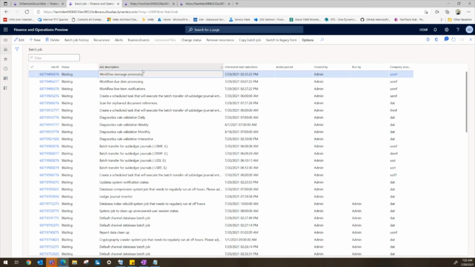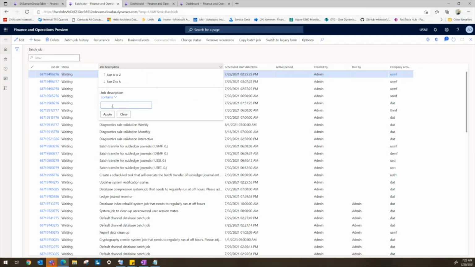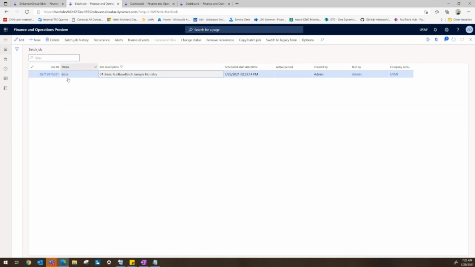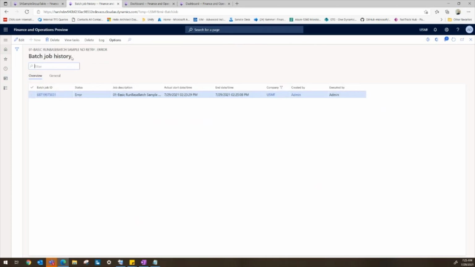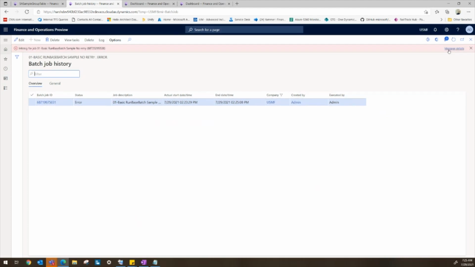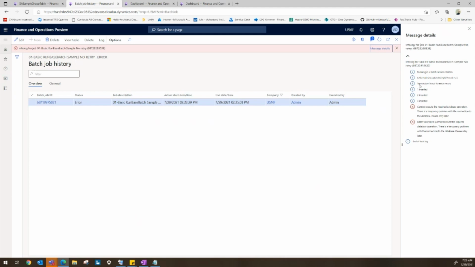So if I go and again filter my batch job, you notice that this batch job ended in error state, right? If you look at the history and look at the task, it ended with error. And if you look at the log, it will tell you I was able to process 2 records, but it was not able to commit the third one. Then there was a connection loss from the SQL perspective, and the batch task failed.